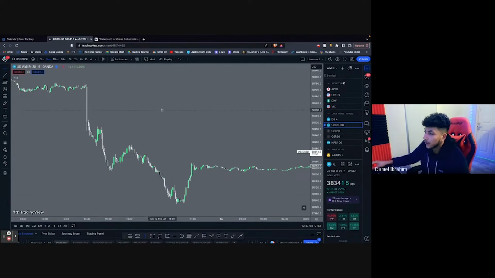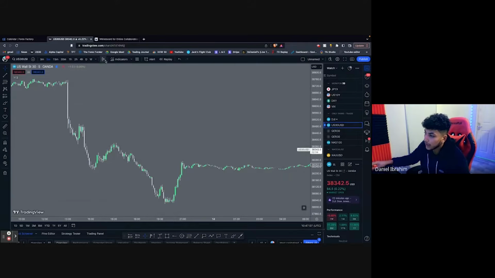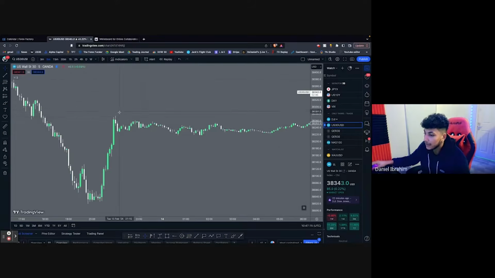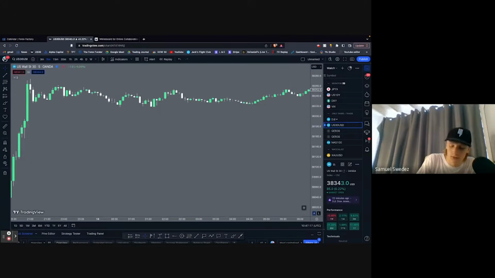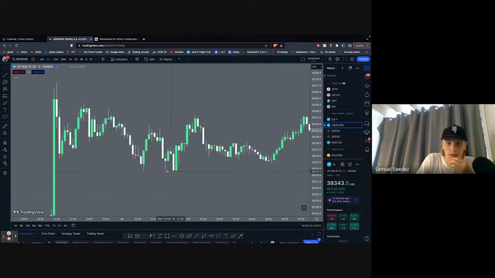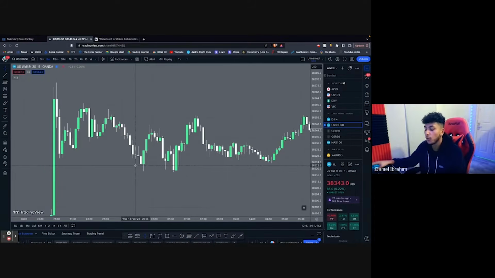Okay. So when you first come here to TradingView, you want to make sure that your candlesticks right here is set on candles. You're not on bars, not on halos. You're just on the baseline candles. And it's the main form of data that we actually work with. Now, these right here are called Japanese candlesticks. And it essentially just shows you what price has done and where price has been throughout a certain duration